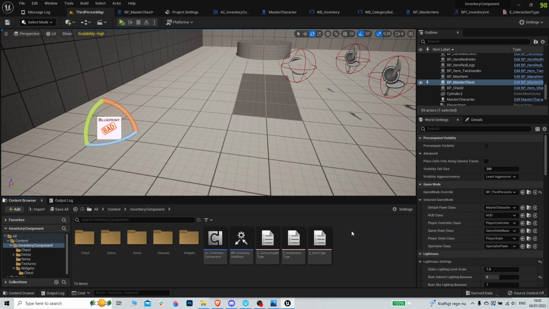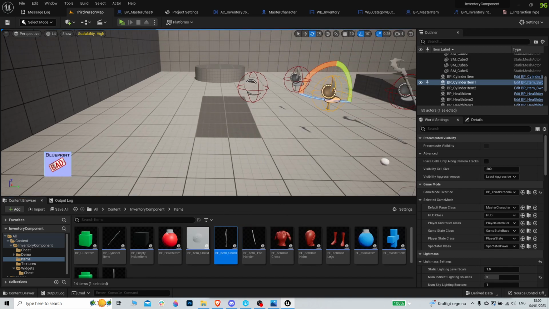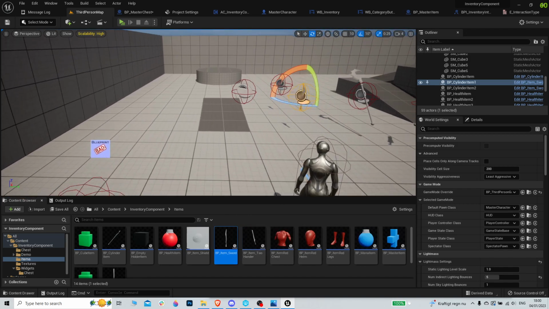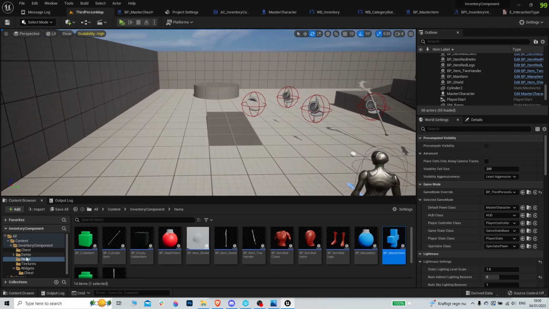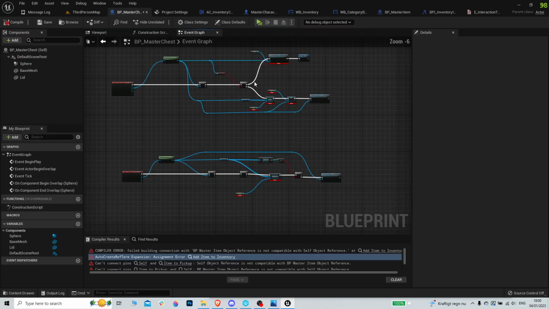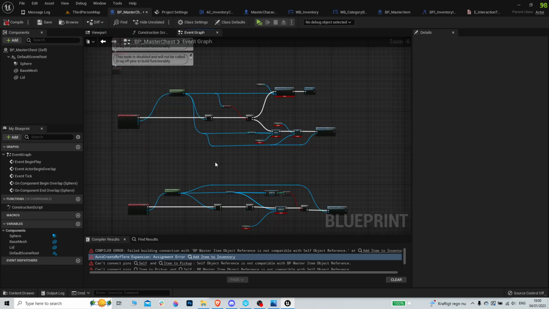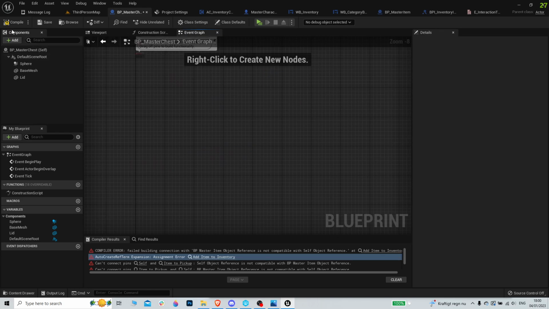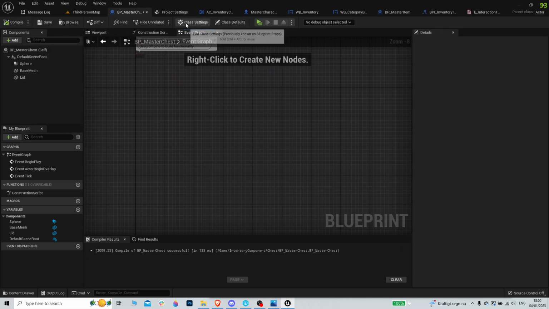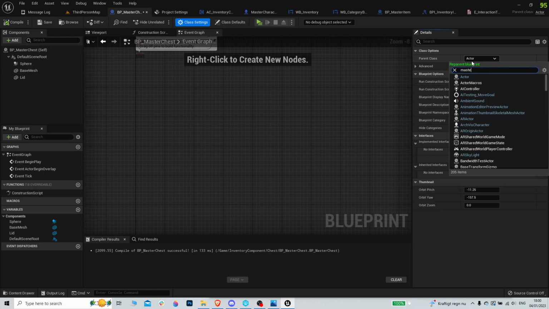So we're actually just gonna make a new one, so we'll make the chest a child of the item. So the chest here, we're actually not gonna do it like this. We're gonna delete all of this, and then we're gonna go to class settings. We're gonna do master item,